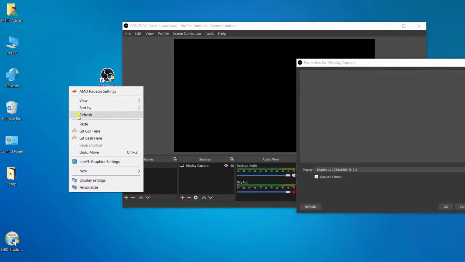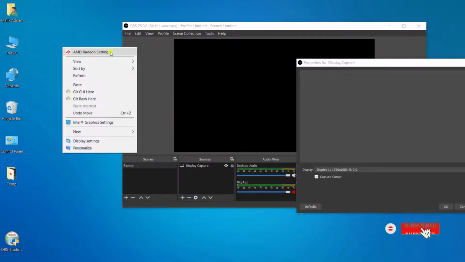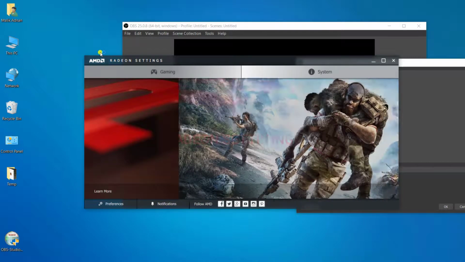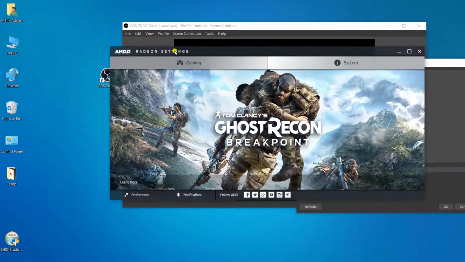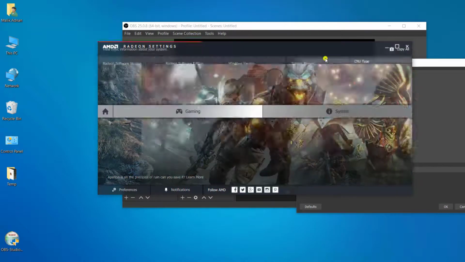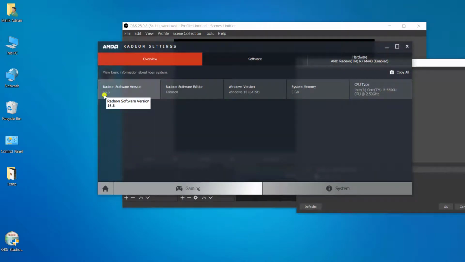Either you can go through the Intel settings, or you can go through the AMD Radeon settings. The second dedicated card that I have is Radeon. So I am telling the AMD Radeon settings to use high performance, or use this AMD dedicated card, for OBS. So I am checking my system settings. You need to install the latest driver for this dedicated AMD Radeon card.